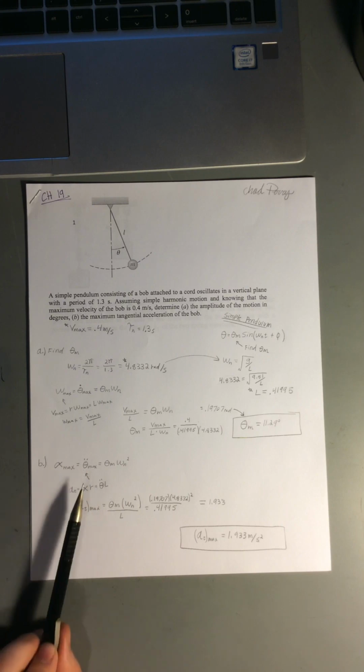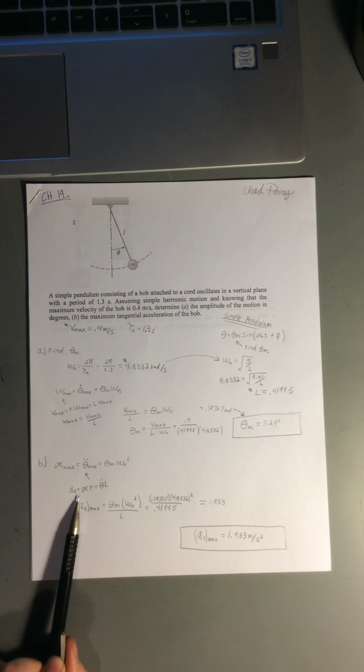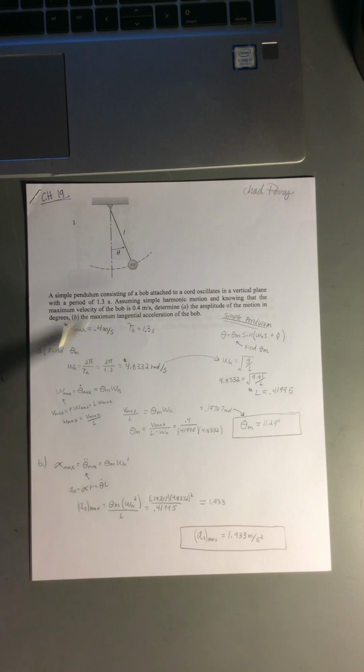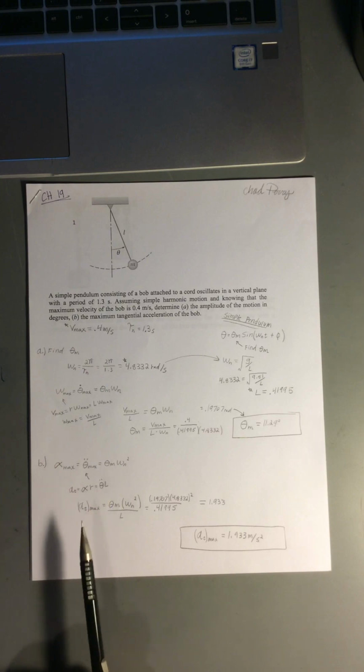And so going back to our kinematic relationships, we know that A tangential equals alpha r, or in other words, in our instance here, that has to equal theta double dot times L, because L is the radius here. And so just dividing by L,